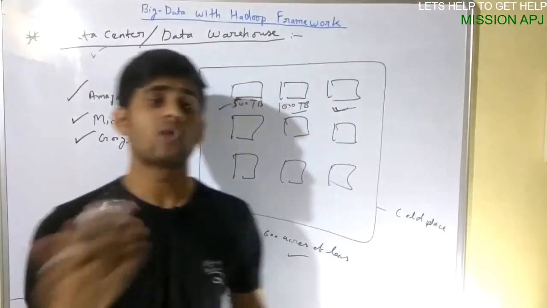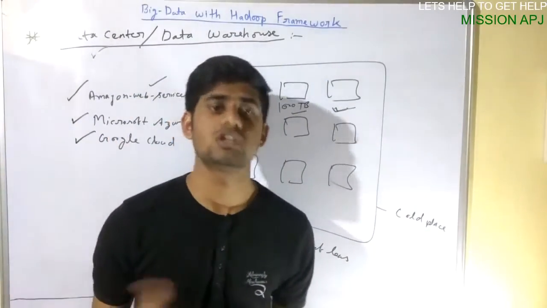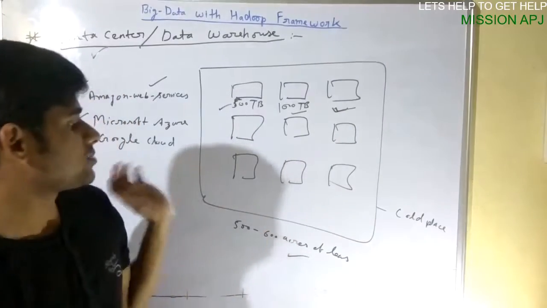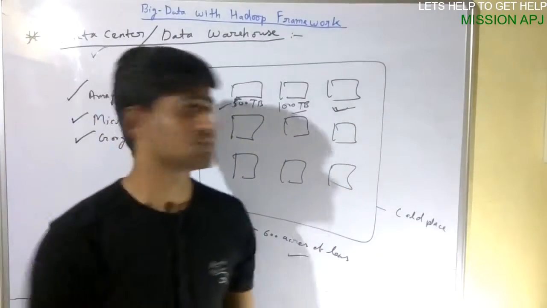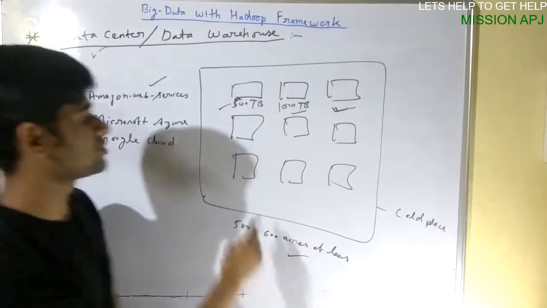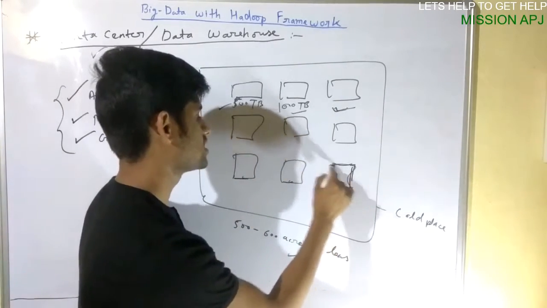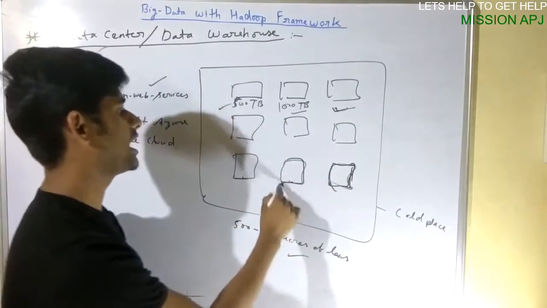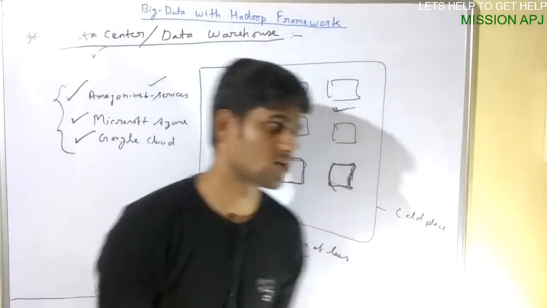So what they do is provide services to different companies who are unable to have a big data warehouse. These companies provide services to store that amount of data, so that their spare machines, that is hard disk remaining idle, can be utilized for storing those data. Okay, this amount of data has been stored.